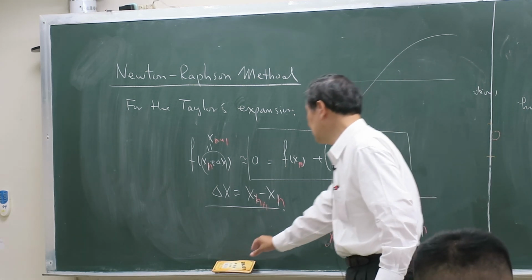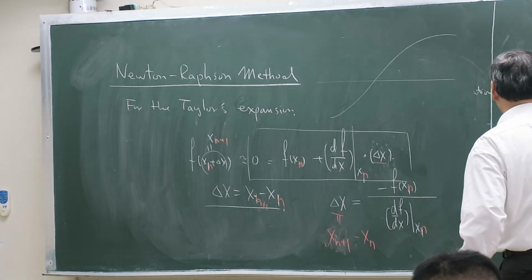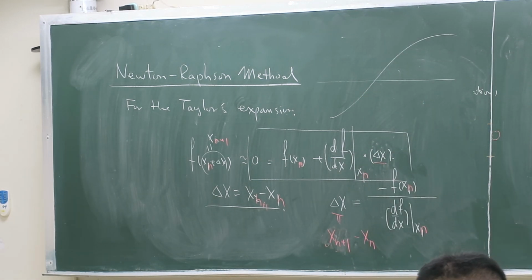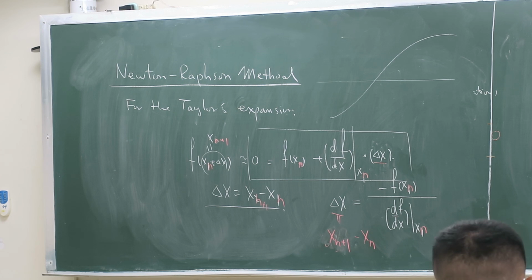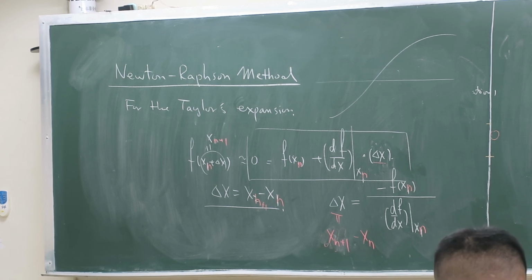So from this Taylor relationship, I can have this iterative formula. So my xn plus 1 equals xn minus f, the value at xn, divided by df dx, the slope at xn. So what is this? The iterative